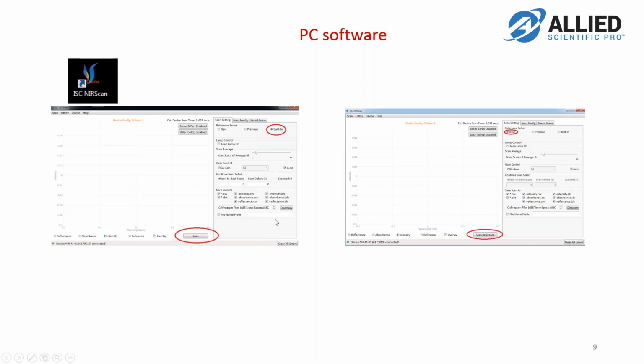So for using the built-in reference, there are certain settings like number of scans is 6, gain control, and type of scan, they're all set here, so you cannot change any of the parameters if you use the built-in reference. If you want to change these parameters, then you have to record your own reference, and the measurement also should be done using the same parameters. Of course, the software also creates CSV files,